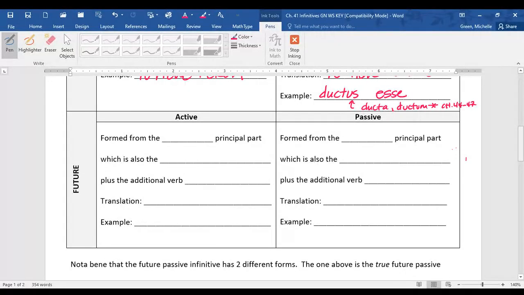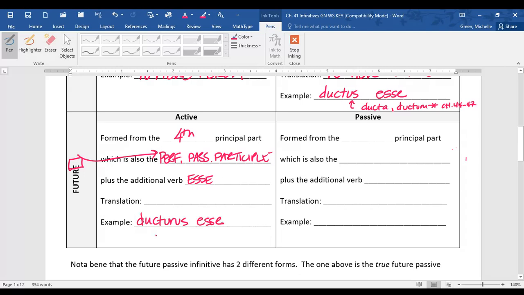And it's the exact same logic when I'm forming my two future participles. Okay, so this one is also formed from the fourth principal part, which is the same thing as my perfect passive participle, just like I did above. And then you're also going to add the verb esse. But in order to form this correctly, you need to use the suffix -ur added into that perfect passive participle. So for that, as our example, we get ducturus